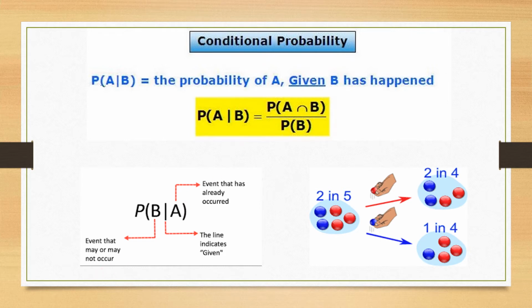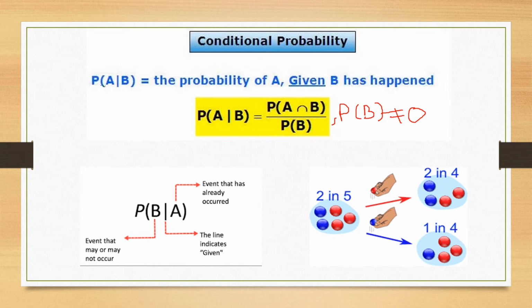So the very essential condition here is that the probability of B should not be equal to 0, right? For a fraction to exist, the denominator should not be equal to 0. And since we are talking about conditional probability, some event must have happened earlier before getting our desired event, right? Now see, for example, a bag is there in which 2 blue balls are there